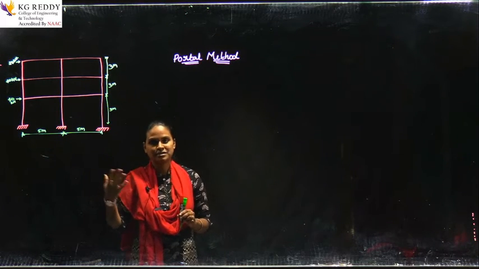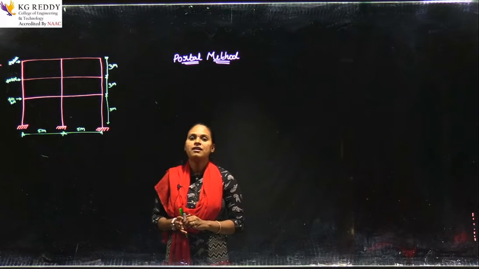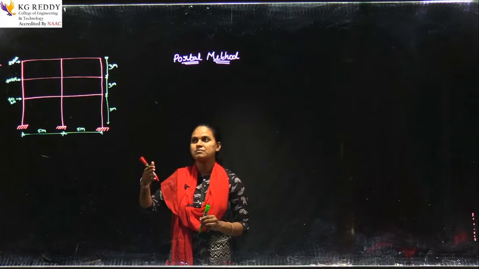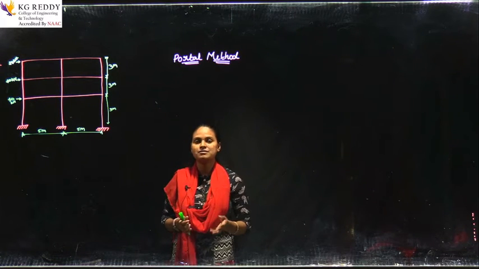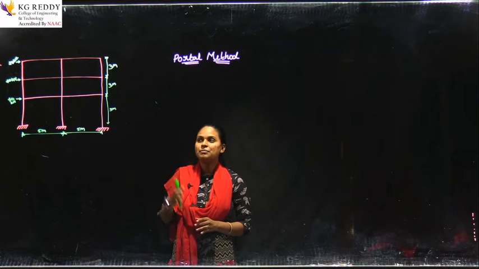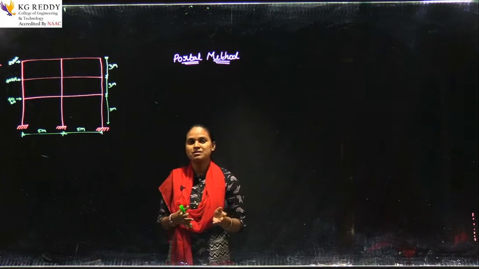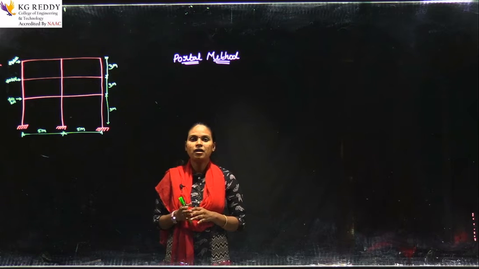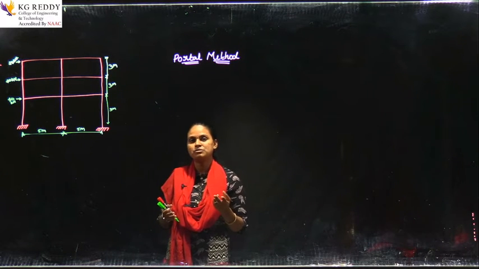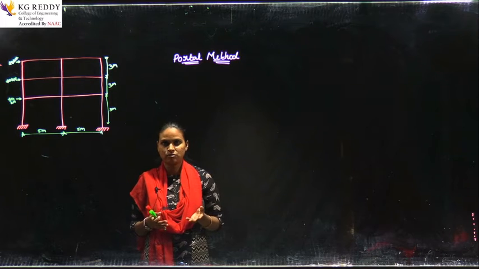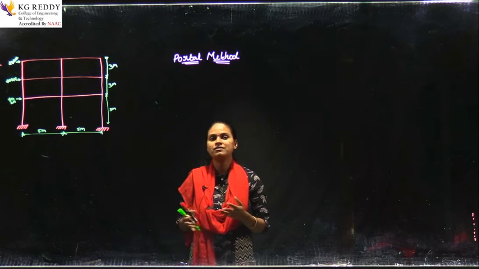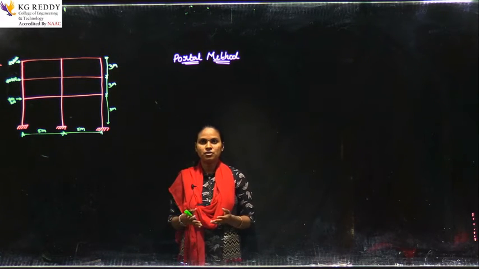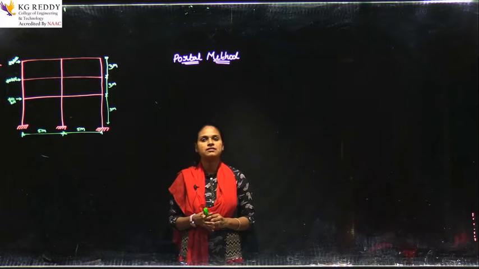First let us know what is approximate method of analysis. For analyzing frames or two-story frames or a structure, you have different methods like Kani's method and moment distribution method. How is the approximate method different from those methods? It analyzes the indeterminate structure as a determinate structure. It analyzes two different types of loads, that is vertical loads and horizontal loads. What are the vertical loads? Dead loads and live loads are considered as vertical loads. What are the horizontal loads? They are seismic loads and wind loads.